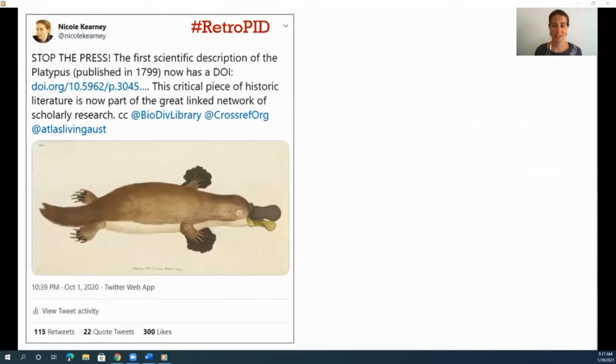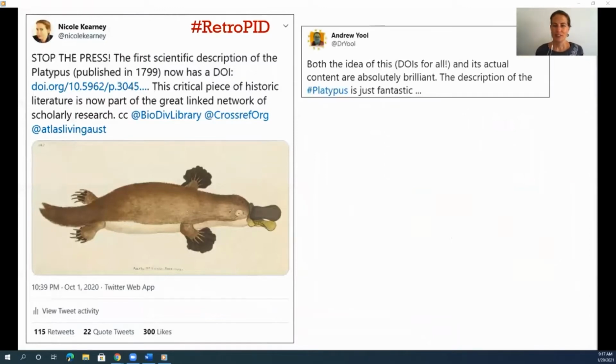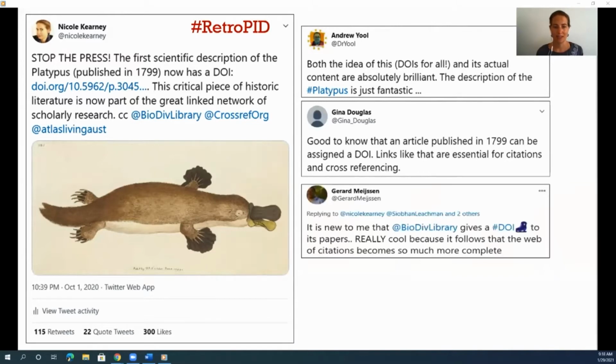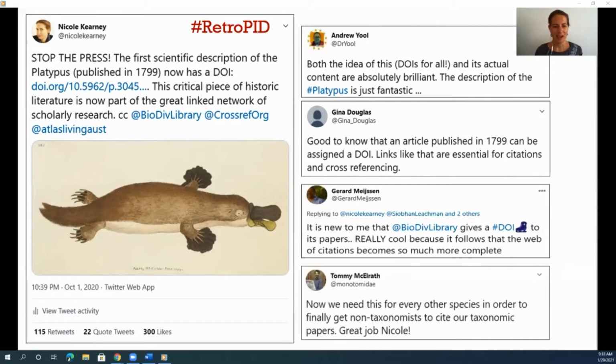My initial tweet about this new DOI got some pretty enthusiastic responses. Both the idea of this, DOIs for all, and its actual content, absolutely brilliant. The description of the platypus is just fantastic. Good to know that an article published in 1799 can be assigned a DOI. Links like that are essential for citations and cross-referencing. It's new to me that the Biodiversity Heritage Library gives a DOI to its papers. Really cool, because it follows that the web of citations becomes so much more complete. And now we need this for every other species in order to finally get non-taxonomists to cite our taxonomic